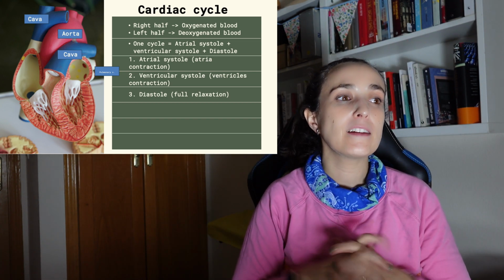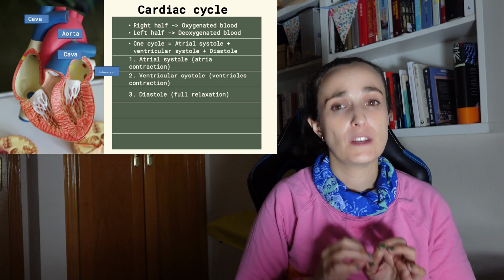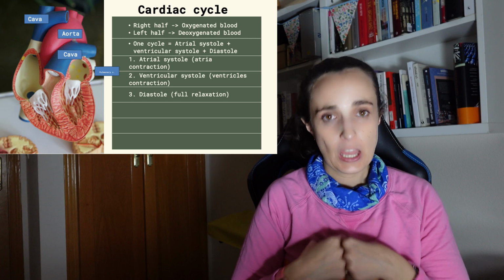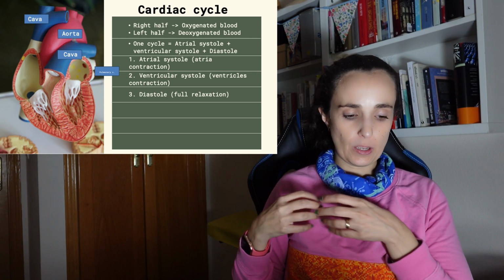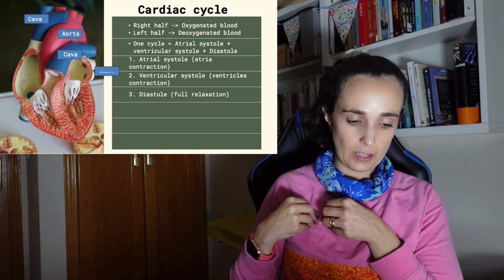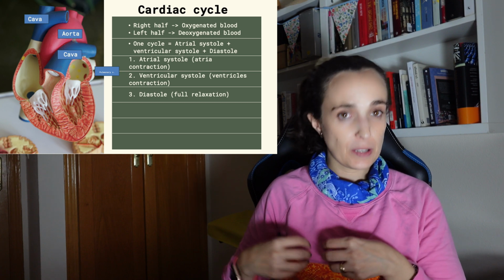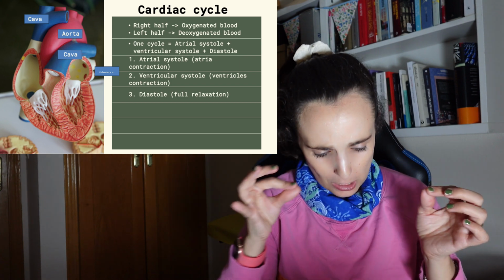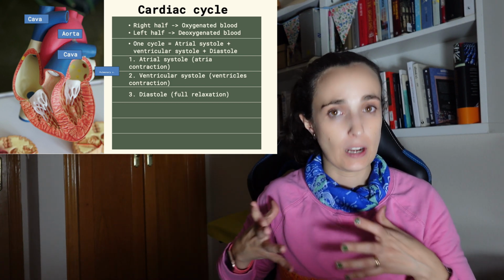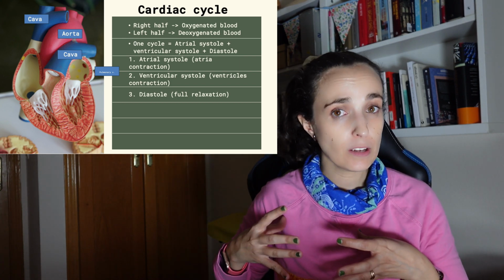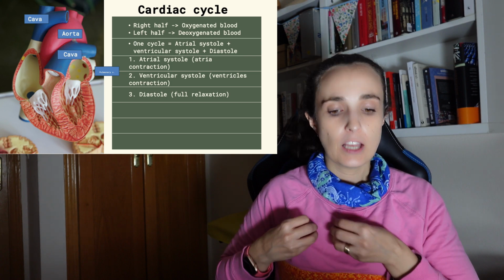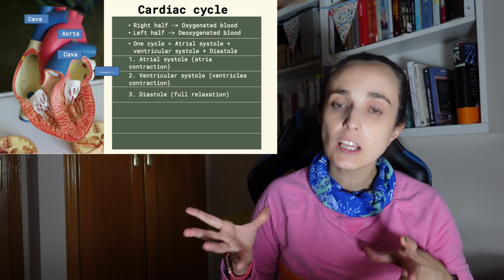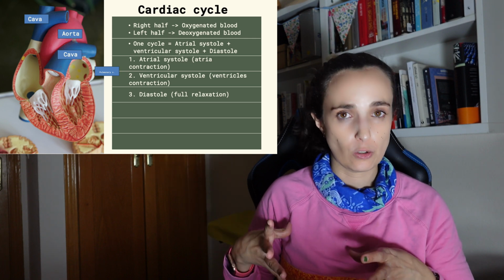And there is just one term that I have to explain to finish this, which is the diastole. So in the beginning we have the pump of the atrium systole, then the ventricle systole, and then all at the same time, just with milliseconds of difference, the heart will relax, new blood will arrive, and then they will pump again. So it's gonna be atrium systole, ventricle systole, and then the relaxation is called diastole, and it's